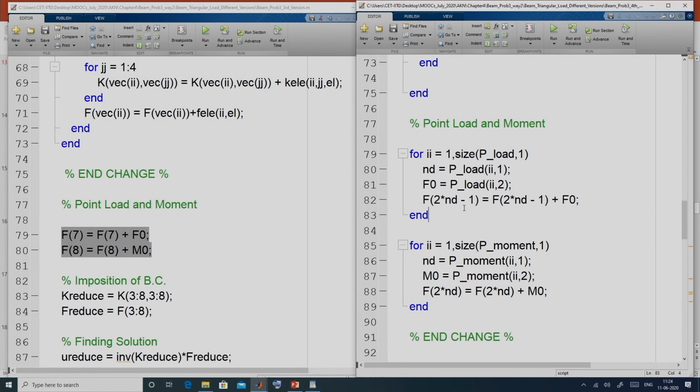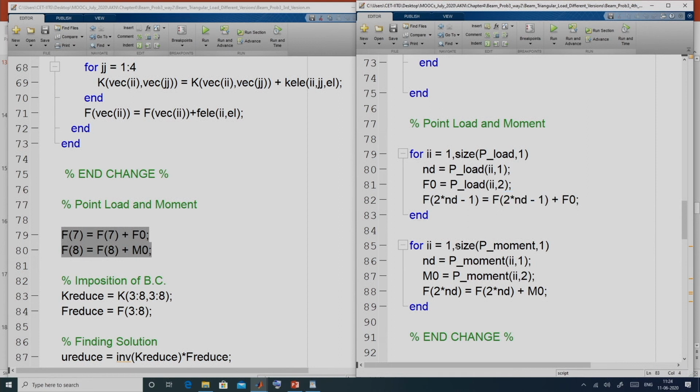Then in the global load vector, this point load value will be added in the location 2 into node minus 1, because it corresponds to the first degree of freedom. So, we add this F naught.